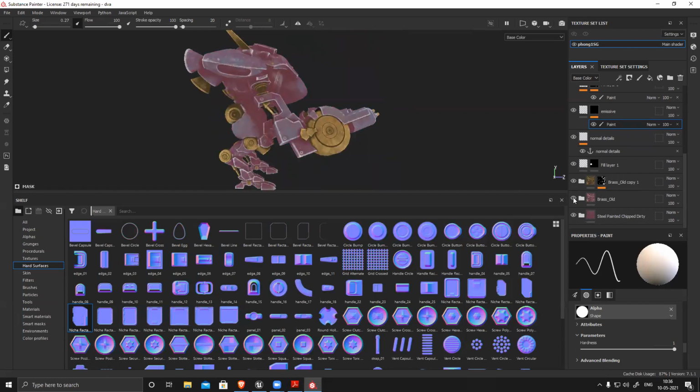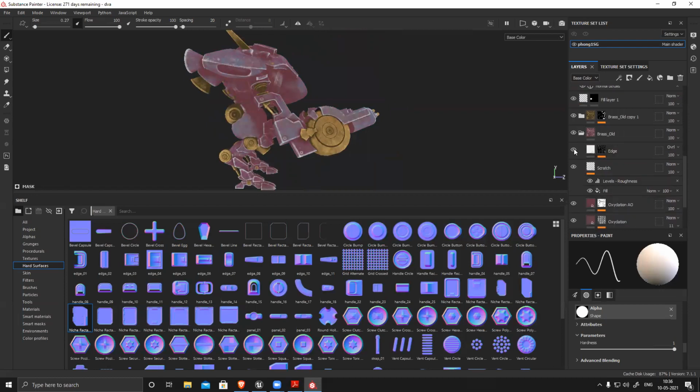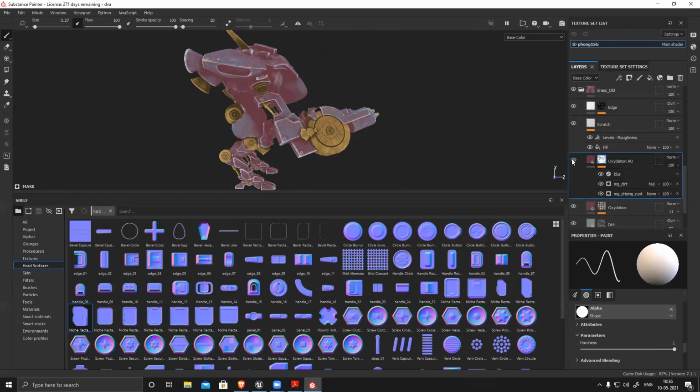This one, old brass, not this one, this one. So this oxidization I have to control. It's too much, so overall I'll reduce the intensity.